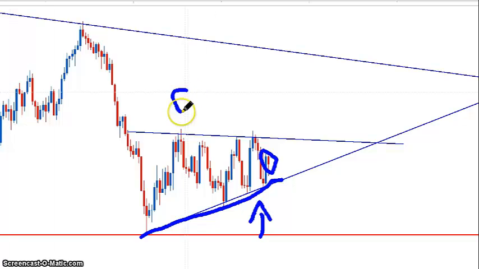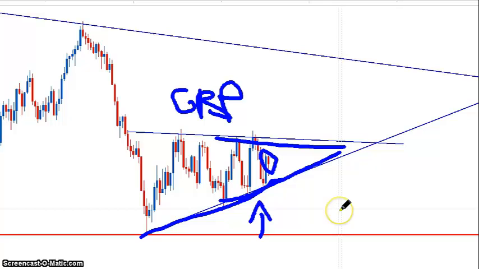Okay, so this is pound dollar. I don't know why my thing's not up there, but this is pound dollar. And we do see that it's still following this channel. And so this channel is something that if you don't have drawn on your chart, I would highly advise you to draw that on your chart and keep your eye on it.